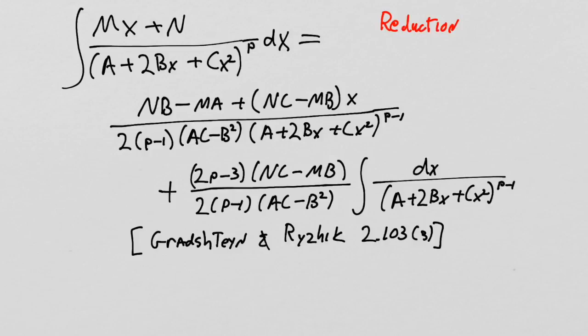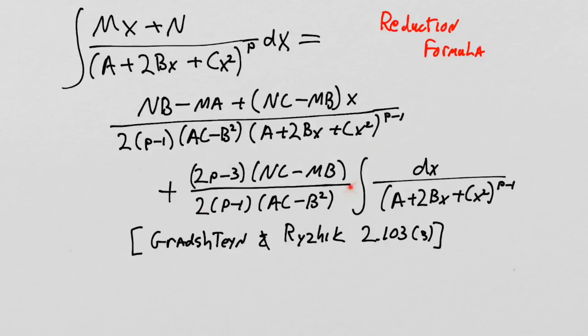because you'll notice, it was a little bit of a bait and switch. I said I'm going to give you the answer to this integral, and then I gave you an expression that actually has another integral in it. So I didn't really give you the answer for the integral, but what I have done is give you a formula that takes the denominator power p. You have to calculate this big mess, where everything is known: these are the coefficients of the numerator, and p is the order of the quadratic. So you can calculate this number here,